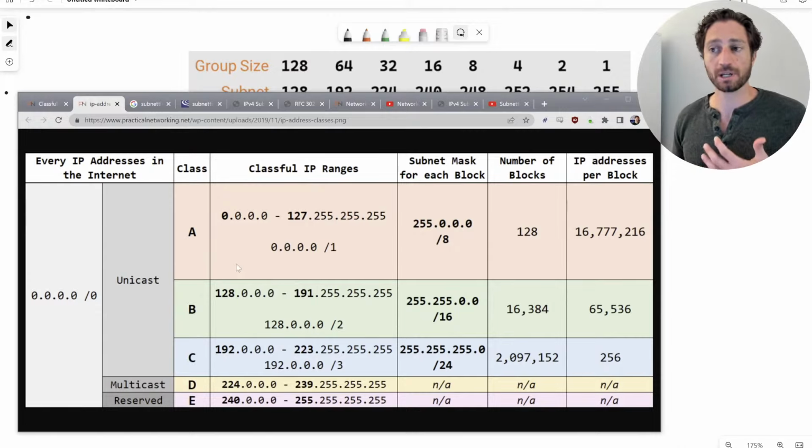Now with VLSM, if I simply give you an IP address, it's impossible to tell what the network ID is unless you also have a subnet mask. For instance, if I gave you 10.0.0.0/24 and 10.0.0.0/16, the network IDs for both of those are 10.0.0.0. So you can't just infer what size network based upon the IP address, and therefore